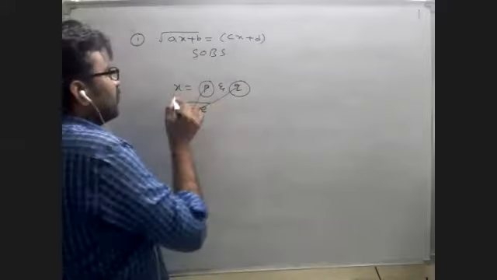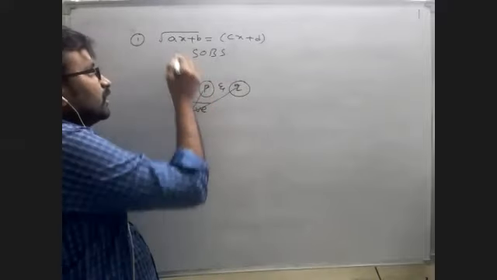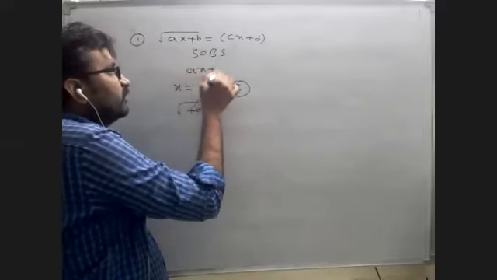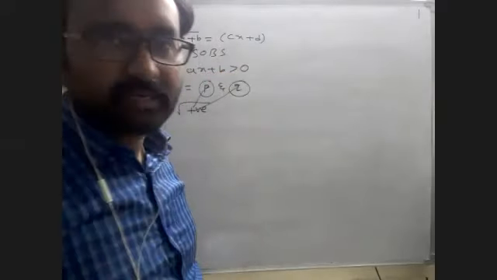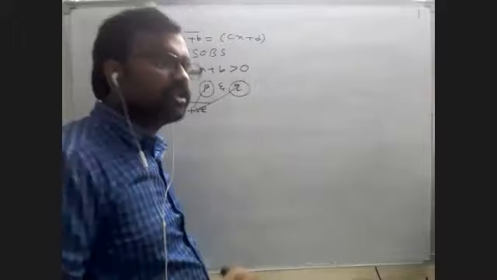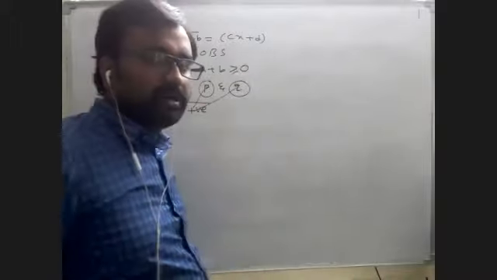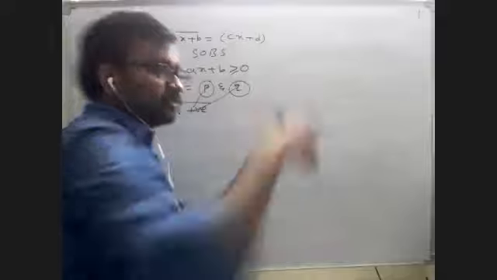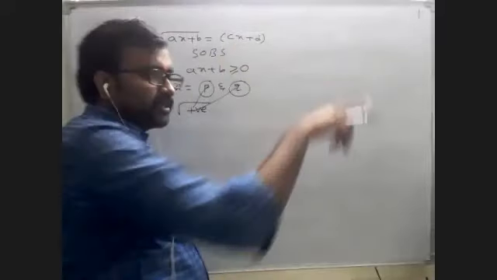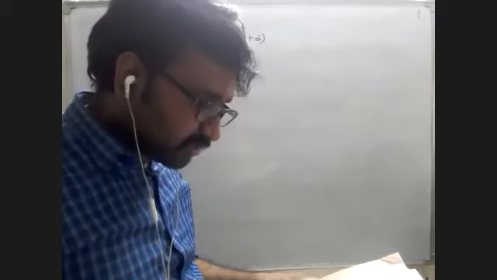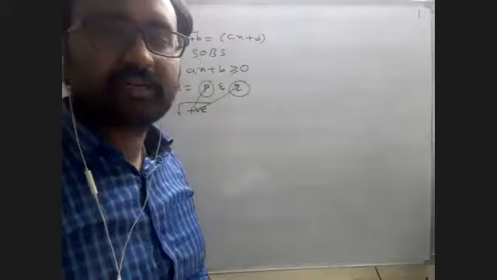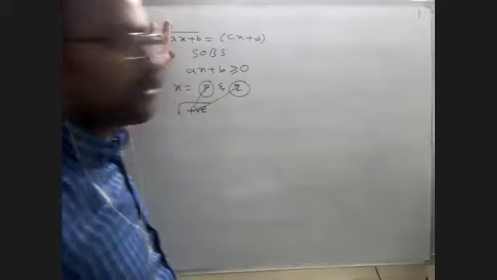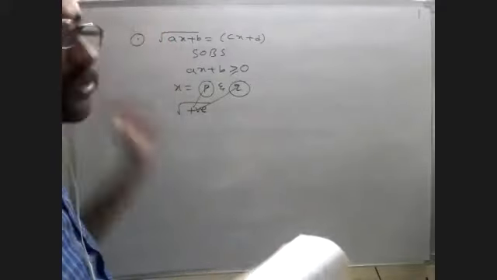So that is the main important point. Ax plus b should be greater than or equal to 0, and LHS and RHS should be equal. Why? Because in the question, the equal to symbol is already given. So that is the first thing: ax plus b greater than or equal to 0, and cx plus d also greater than or equal to 0. That is the process of working for this model question.